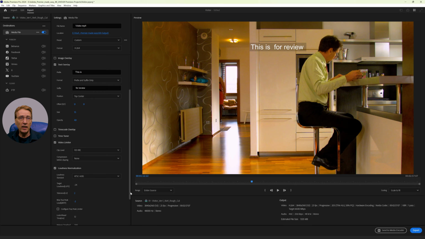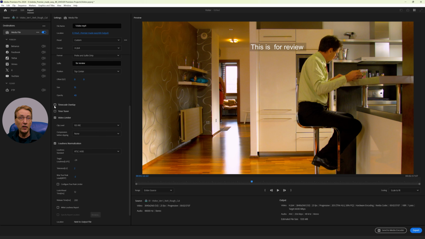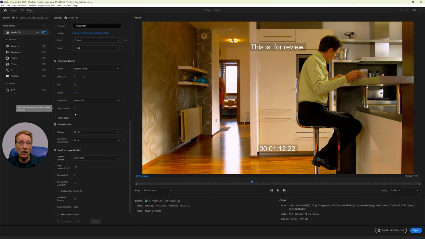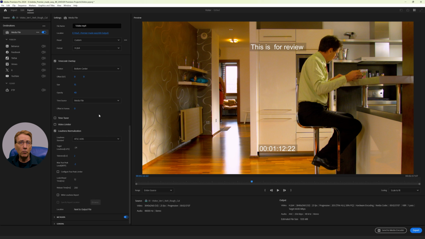The timecode overlay is especially useful if you want feedback on your video. Comments can then refer to a clearly defined area. Generally, you want to use the source timecode. However, you can also shift it by a certain number of frames or create different timecode. The purpose of these options hasn't become clear to me yet. If you know of any good reason for using another timecode than the source, please share it in the comments. Positioning, size, and opacity work like the text overlay.